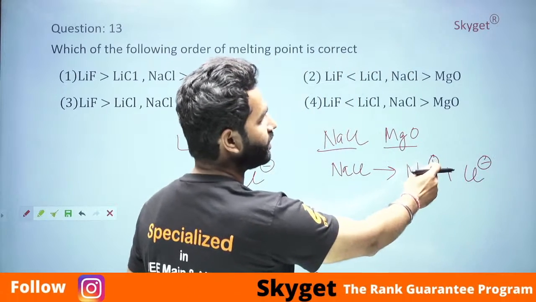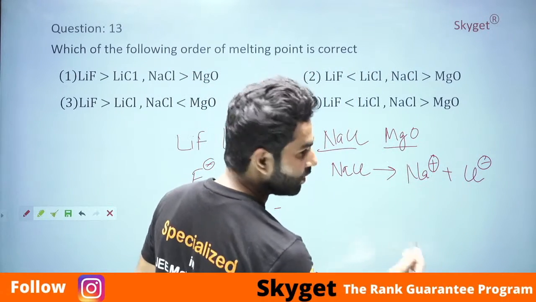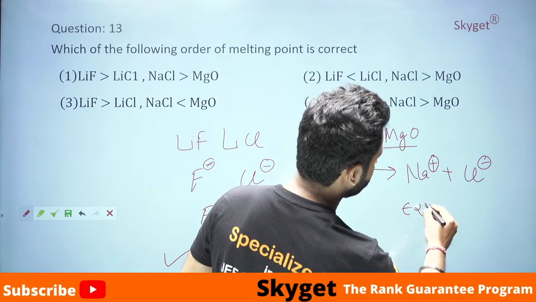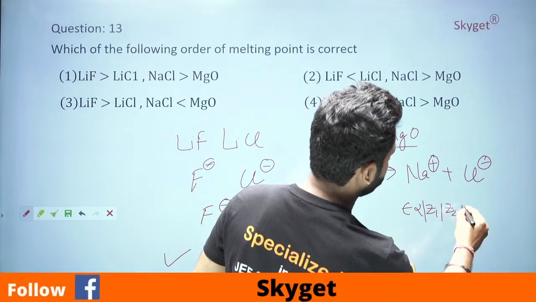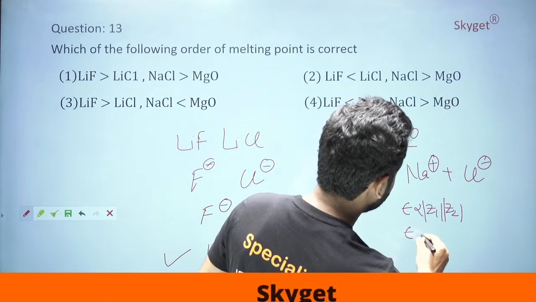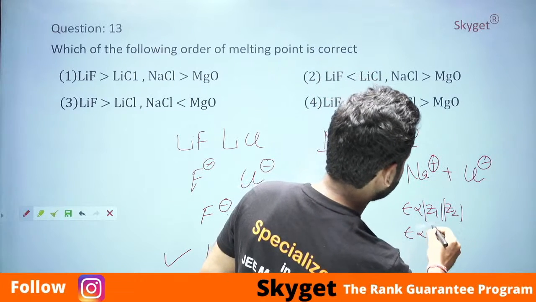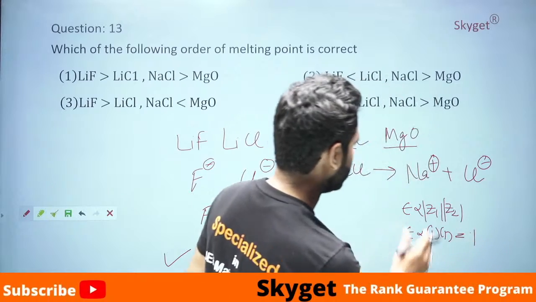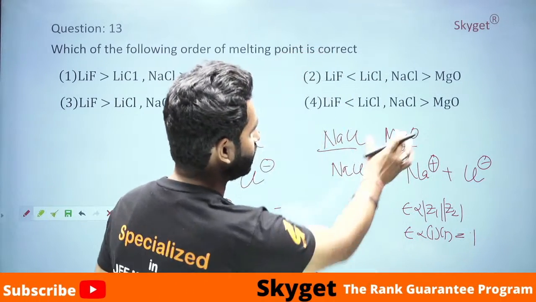You see there is one plus charge and one minus charge, and we know the lattice energy E is directly proportional to the product Z1 Z2. It means E is directly proportional to 1 into 1, which is equal to 1, in the case of NaCl, whereas in the case of MgO,